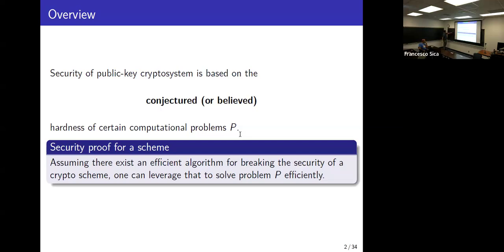This also shows that the scheme you have constructed is no weaker. Do you also have the reduction on the other side of the scheme? The other side is open, obviously, but I don't know whether there's a canonical relation that I can always show in the other direction. But you're right, usually if I can break the scheme, I can almost always break P. Yes. And P is considered to be the harder problem? P is considered to be the conjectured hard problem. In mathematics, it can be a factoring problem, a discrete logarithm problem, a code-based problem that Edward introduced last week, or a lattice problem for today.